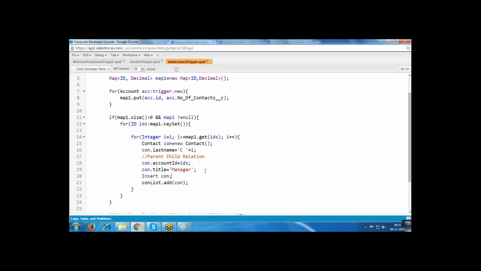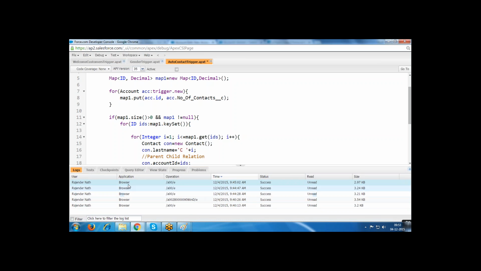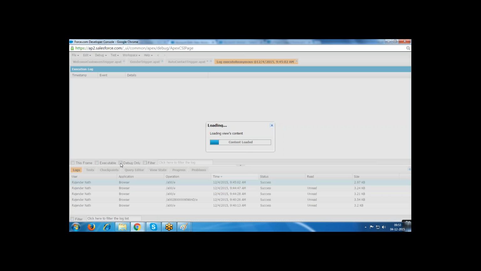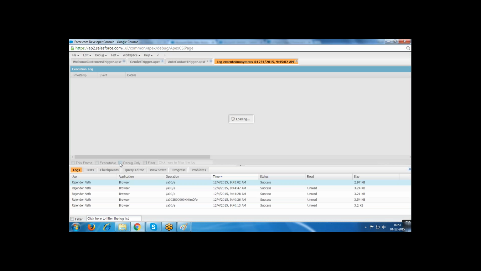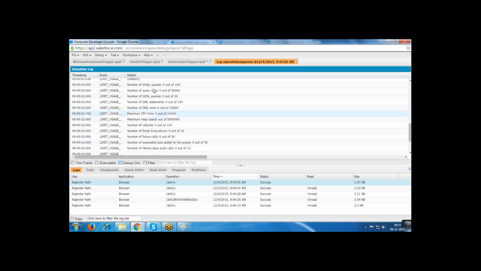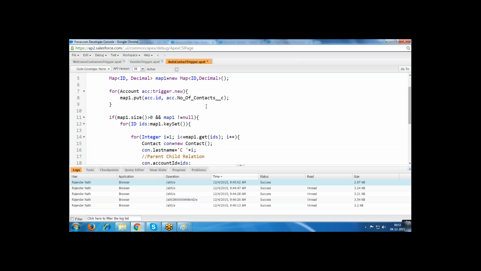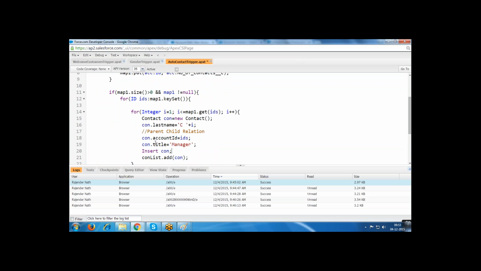In a single transaction, we can execute only 150 DML statements. If we perform more than 150 DML operations, we cannot do it here. If I provide more than 150, it throws an error.